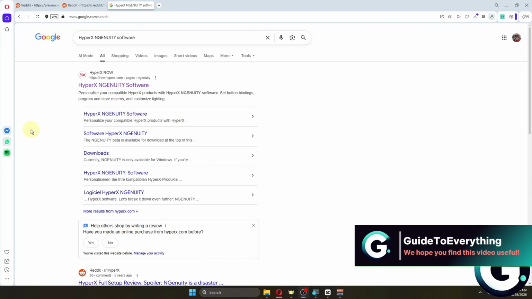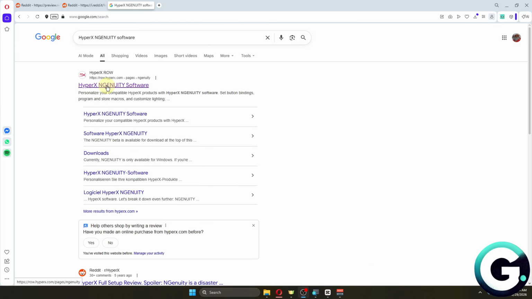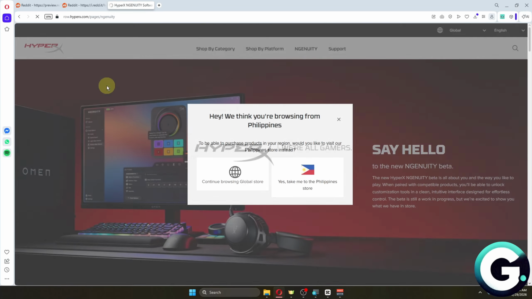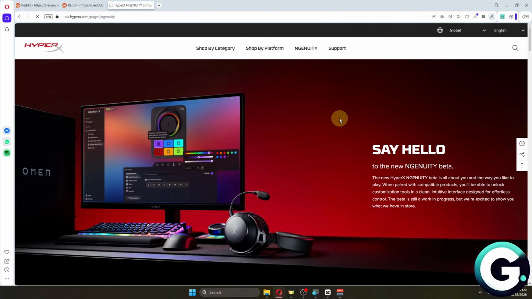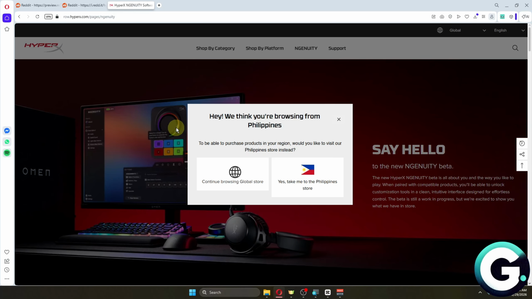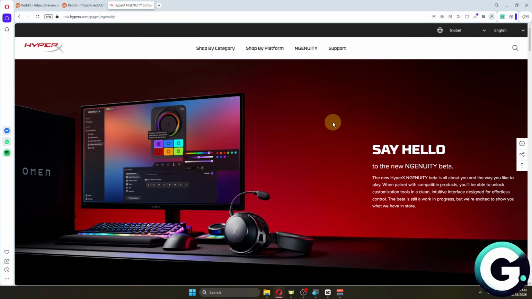QuadCast 2. So the first thing that we need is the HyperX Ingenuity application or software. Basically, with this one, it handles some HyperX settings, including the lighting, as we can see on this image right here. So just get the official HyperX Ingenuity application, and then it will automatically detect all of the HyperX devices